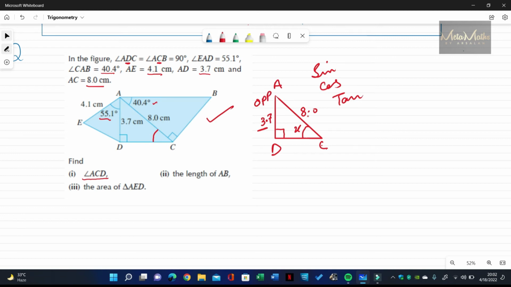Okay, and this 8 centimeter is opposite to 90 degree, so it is hypotenuse. Okay, now you must understand which formula is going to be used. I am using that again, same, so